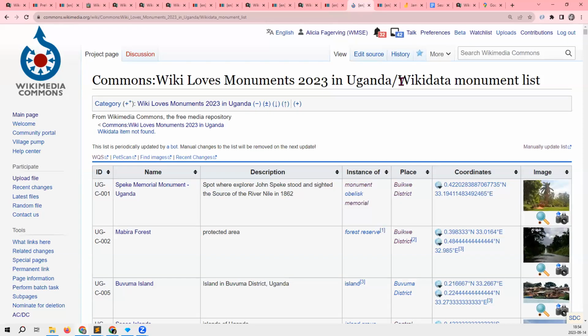I don't know how often, maybe every couple of days, but you don't actually have to wait for that. You can always click on manually update list. This might take a minute or so, but then the list will be overwritten using the recent data from the Wikidata item.